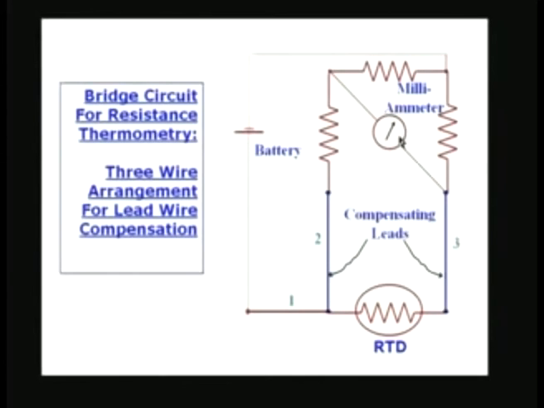is restored, because if the resistance changes, this arm, the ratio will be different from this arm, and to compensate for that, I have to change this by an amount equal to the change in the resistance of the RTD, and therefore, I have to restore the balance, and I can measure the resistance and immediately calculate the temperature by using the linear relationship, and use the Callendar correction to calculate the other one.